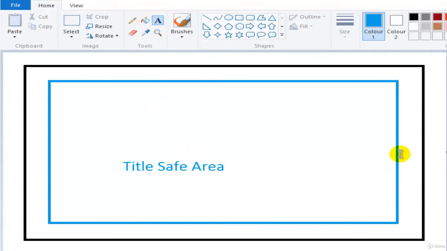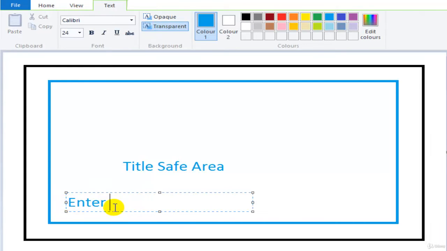The entire blue box is known as the title safe area, which means suppose you are writing down any text,